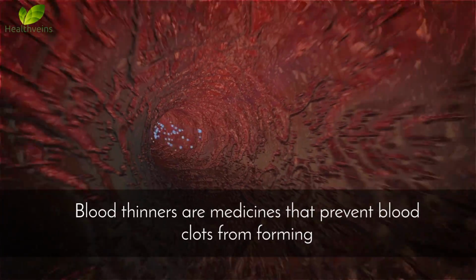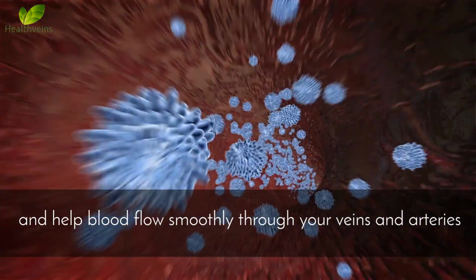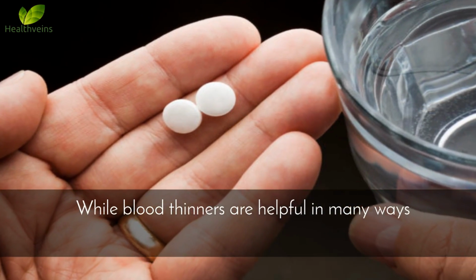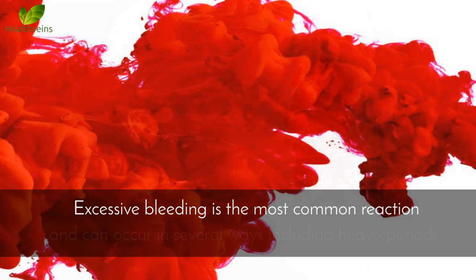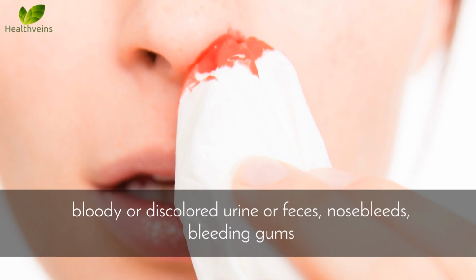Blood thinners are medicines that prevent blood clots from forming, and help blood flow smoothly through your veins and arteries. While blood thinners are helpful in many ways, they can also cause side effects in some people. Excessive bleeding is the most common reaction, and can occur in several ways including heavy periods, bloody or discolored urine